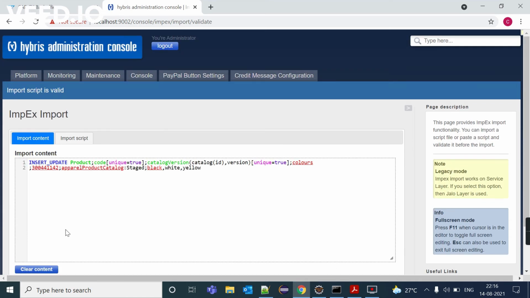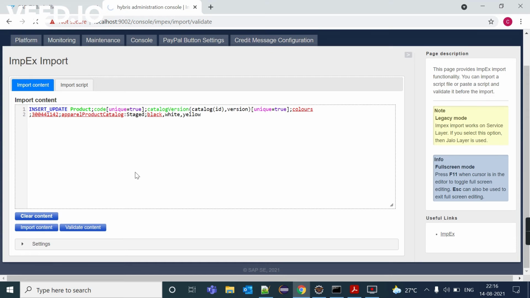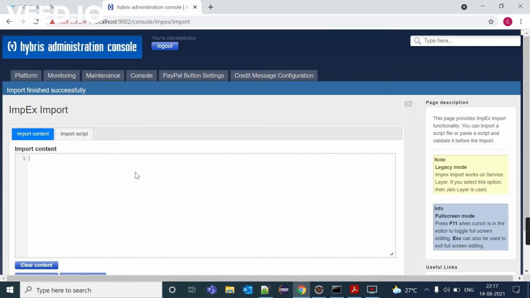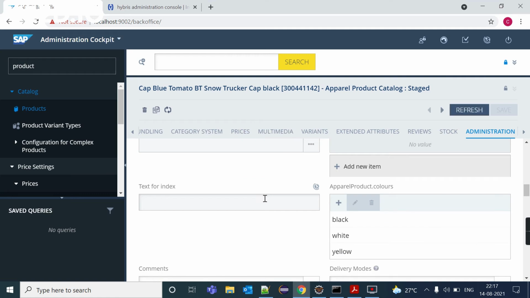First is validate content. Script is valid. Then import content. Import finished successfully. Let's go to back office and refresh it. Here we have successfully loaded collection type data in the colors attribute.